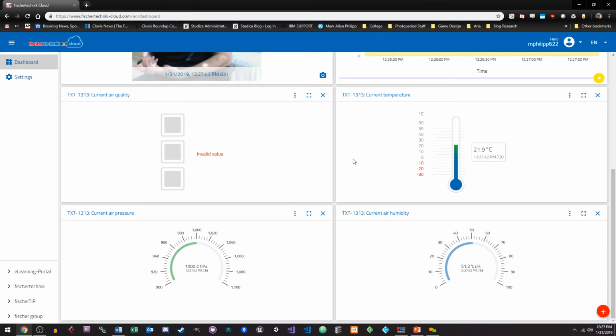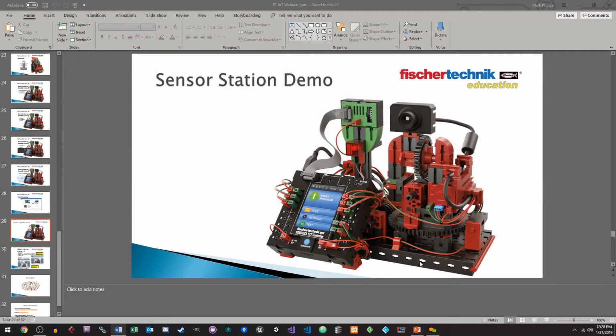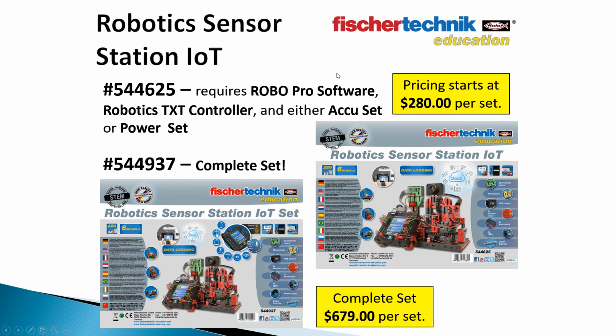So you can bring it up on your phone, bring it up on your tablet, or bring it up on your computer at work when you have the device at home and things like that. So yeah, that's the overview of the cloud setup. Then let me close this out, and let me stop the program, and let's continue on here. So, in closing,